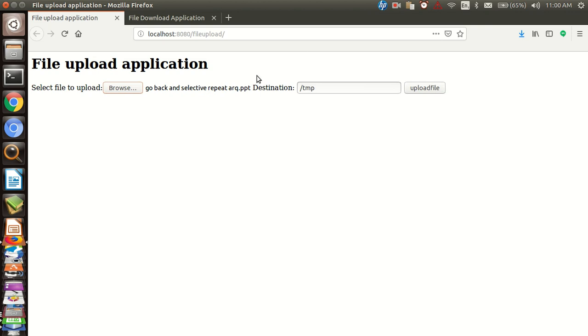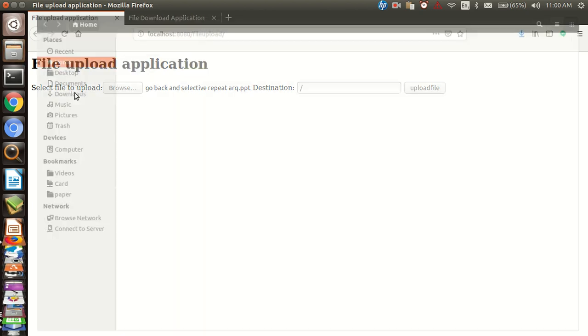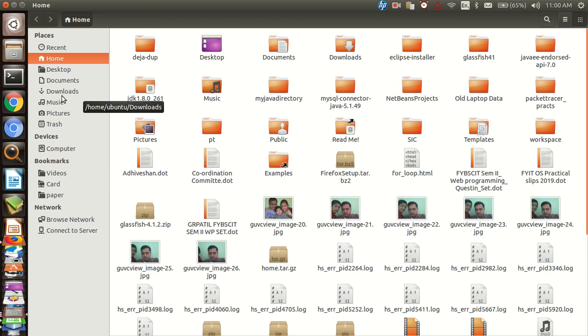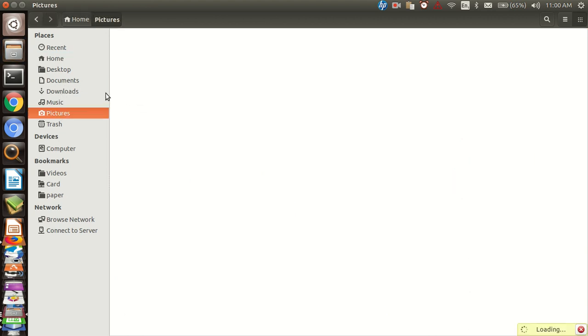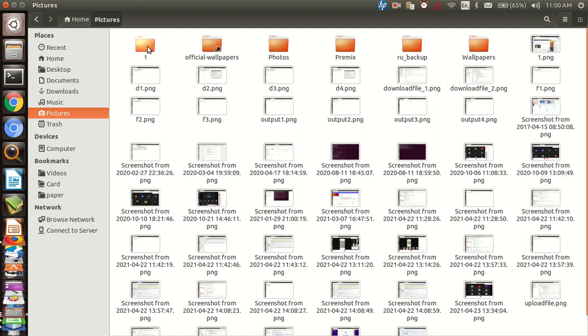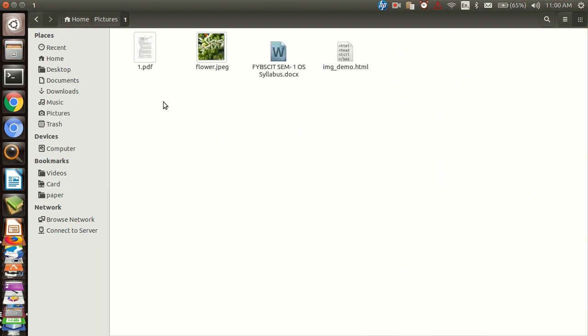This is our file. Where we need to store it, suppose we need to store it in a folder, that we need to select, we need to write a path for that. Suppose it should be stored in Pictures. Yes, so see the path for this.